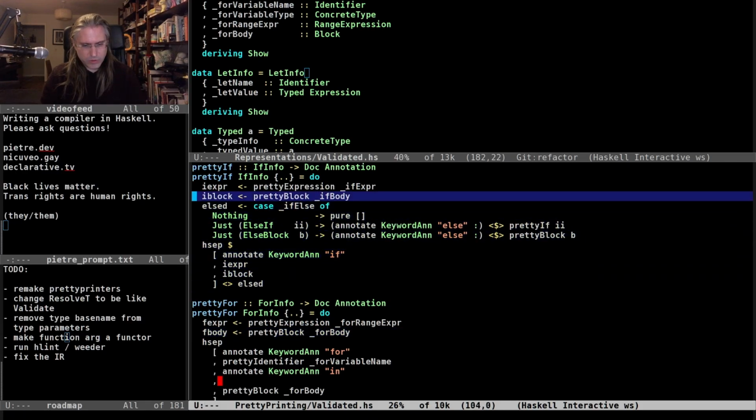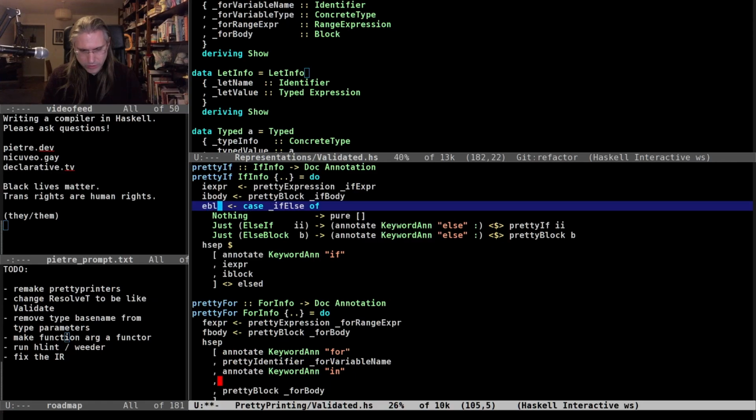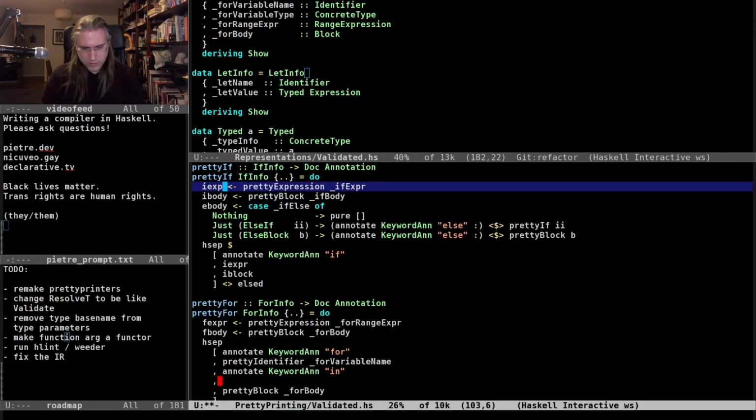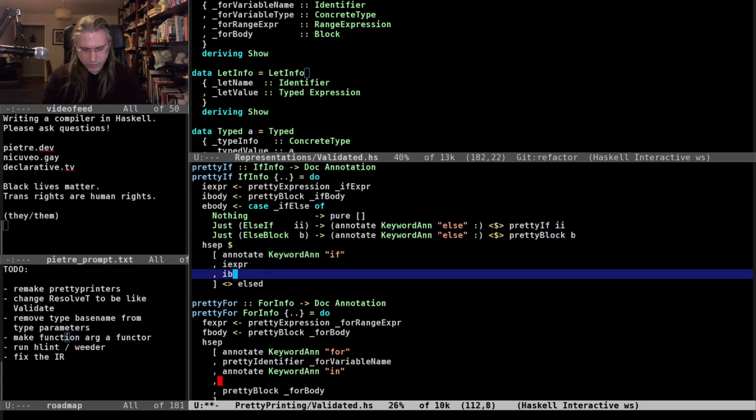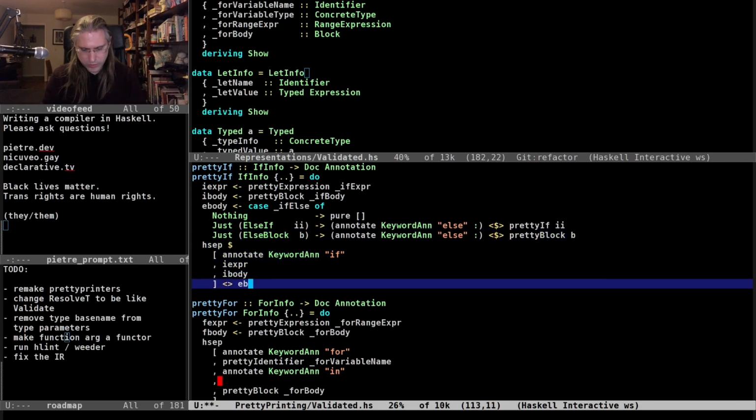I'm going to rename this body for consistency. So that's the if body, and that's the else body, I suppose. Let's be consistent. If expression, if body, else body.